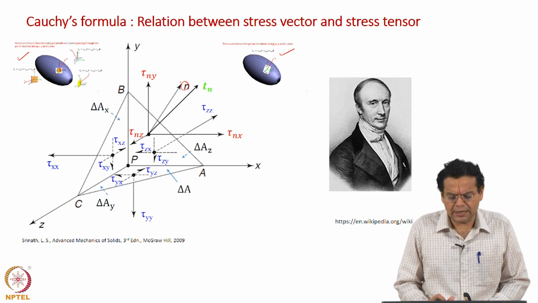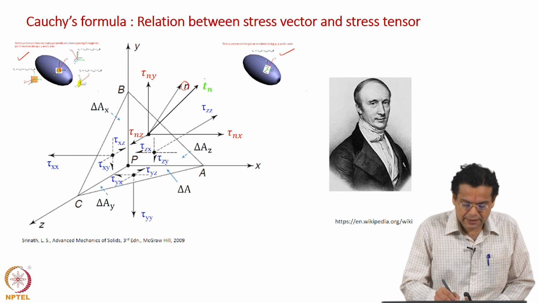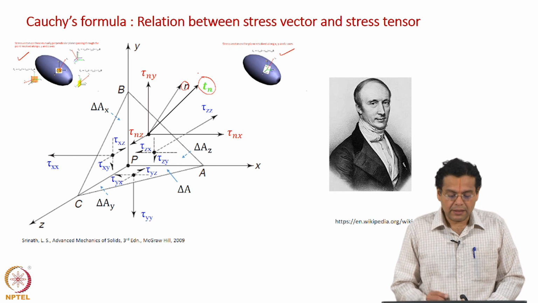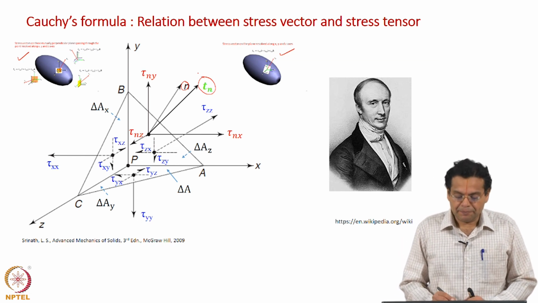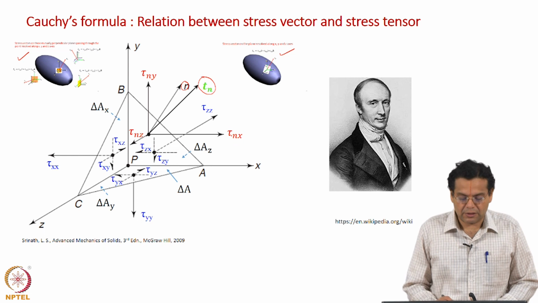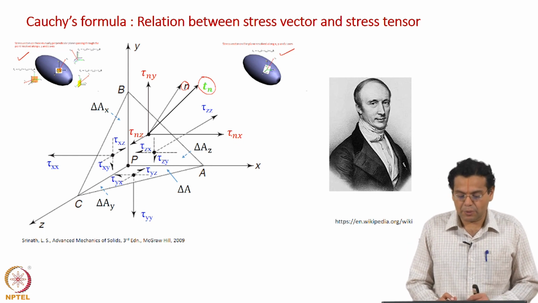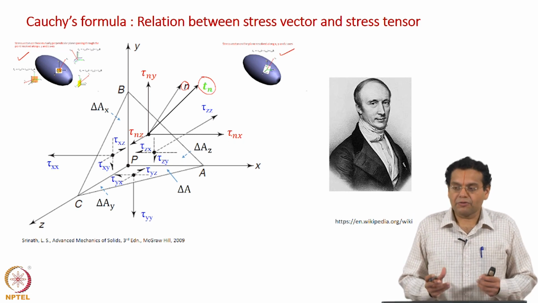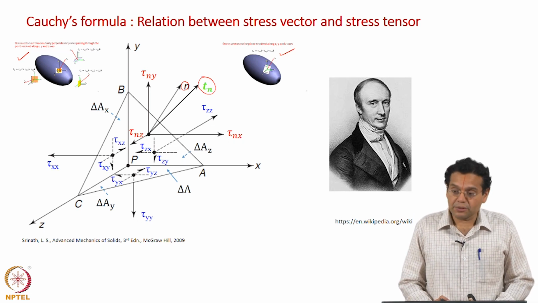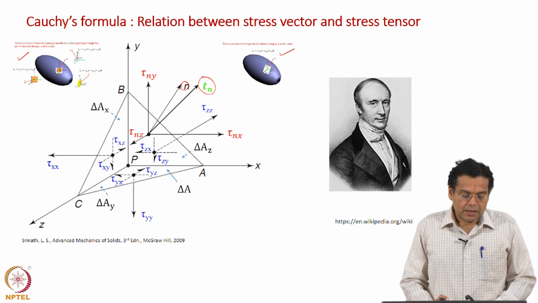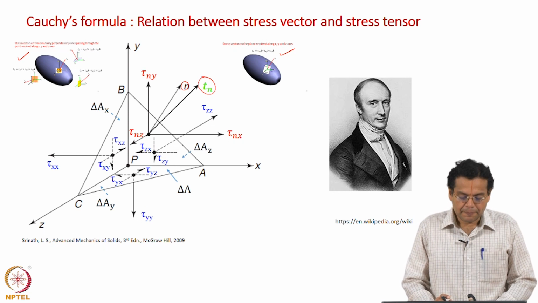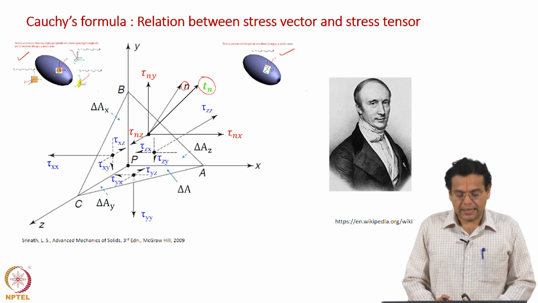Now, what else is shown here? The stress vector acting on the arbitrary plane is shown here, Tn, and then the components of the stress vector along the xyz axis are also shown here in red, tau n x, tau n y, and tau n z. This is what you have to find out. Now, what is given to us? What is given to us are the components of stress vector acting on those 3 planes. Let us consider the plane whose normal is the x axis, that is the plane CPB.